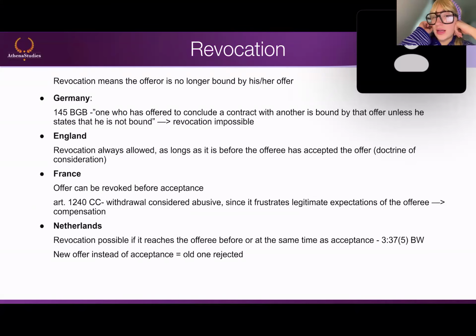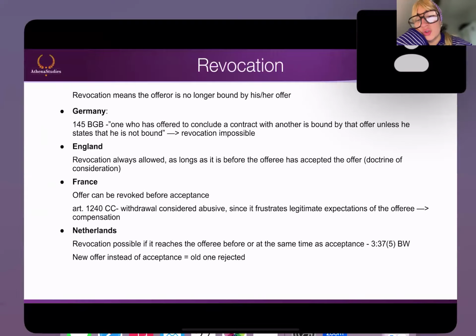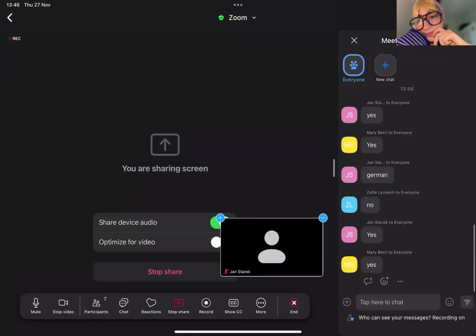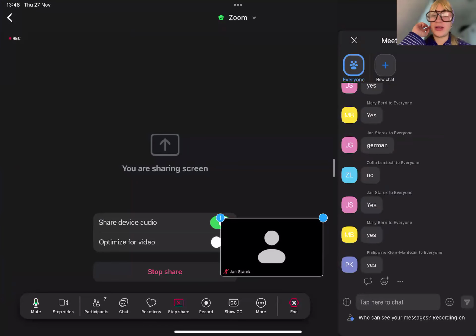And according to that, in Germany, Chipotle cannot revoke the offer, which means that the contract is still in place, right? Because if I cannot withdraw my offer, the fact is that Taco Bell accepted. There is an offer, there is an acceptance, and thus we have a valid contract. Do you understand that? Can you write yes if you understand that and agree? Yes, yes, yes. Okay, perfect, great.